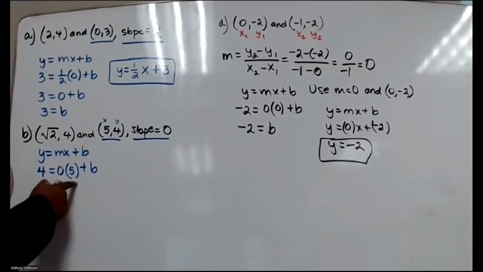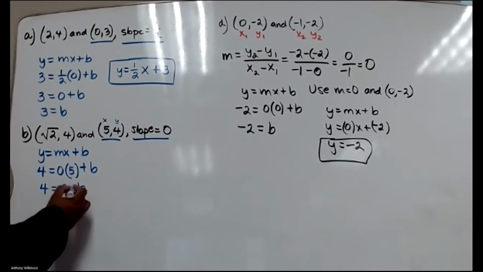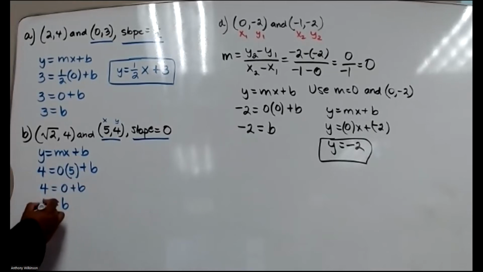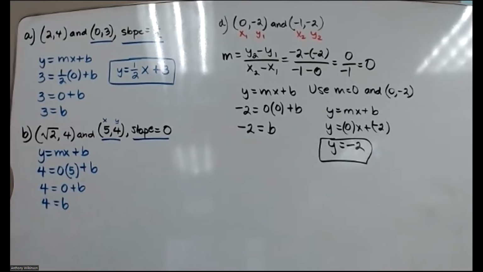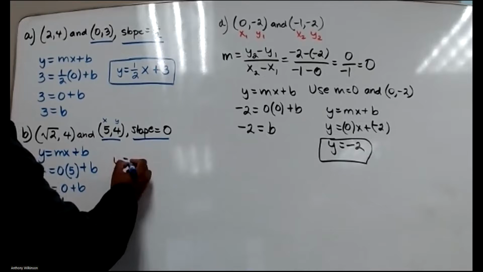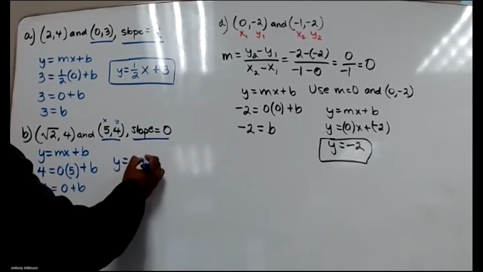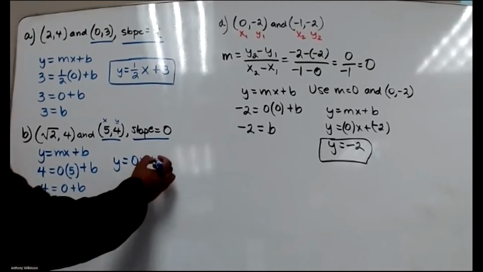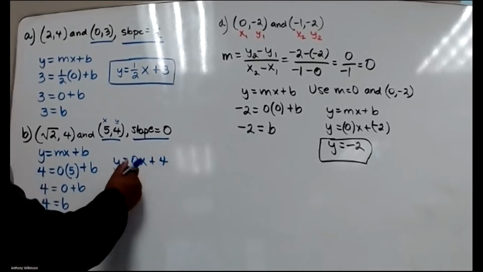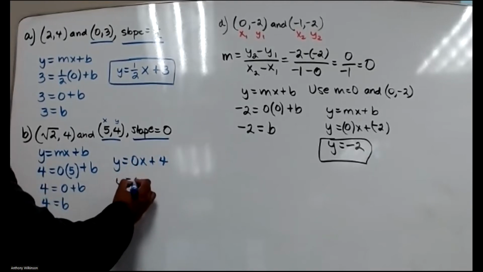And you'll see that 0 times 5 is 0, so that'd be 4 is equal to 0 plus b, and b will have to be equal to 4. So using only the slope and the y-intercept, that'd be y is equal to, well, my slope is 0, so this would be 0x plus b, which is 4. 0 times x, that's 0, so that means I'm going to end up with